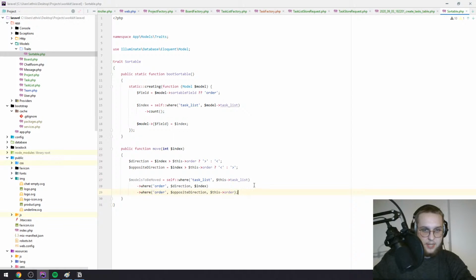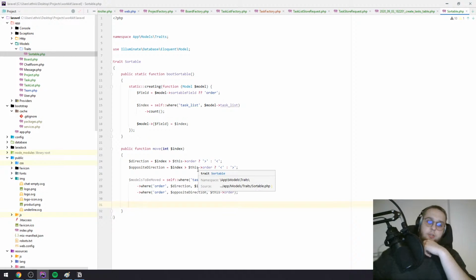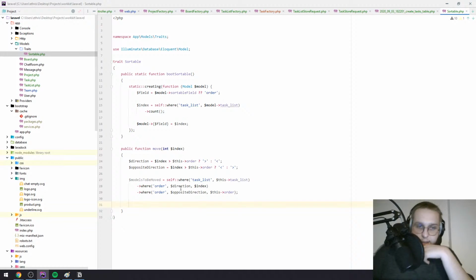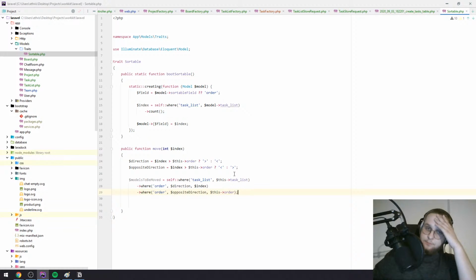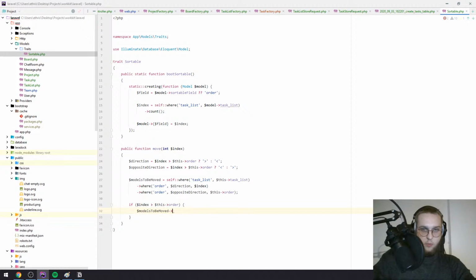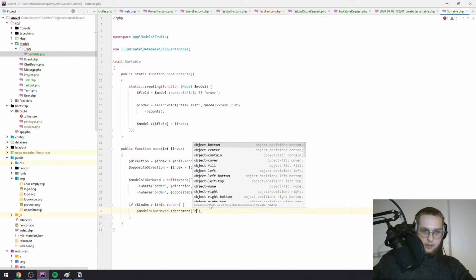And based on that, we would want to either increment these models or decrement them. So if the index is bigger than this order, then we would want to decrement them, decrement the order,